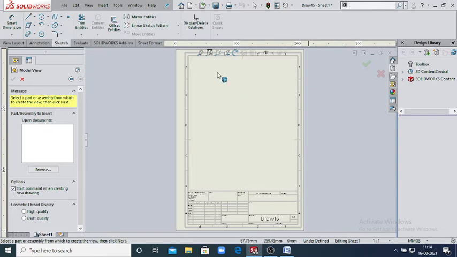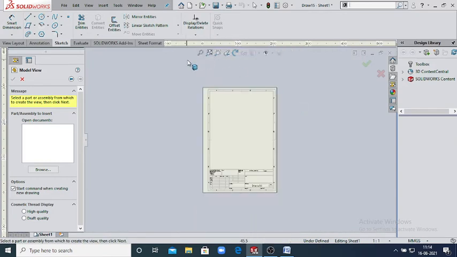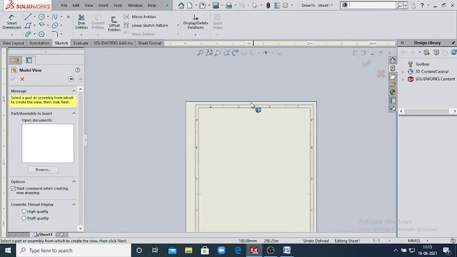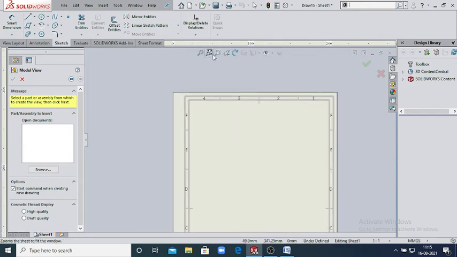Now this area is known as your head up toolbar. If you want to zoom out or zoom in on your object and see your design accurately, you just use this head up toolbar.